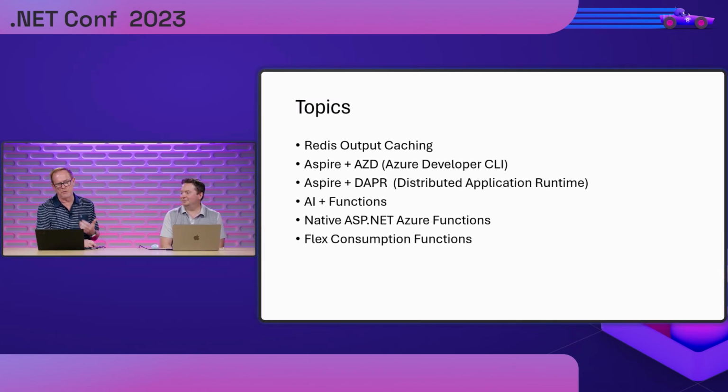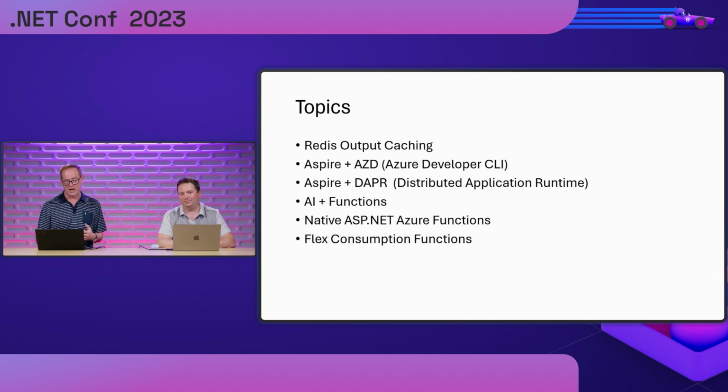Number one, we're going to talk about Redis. Since this is the Azure talk for .NET Conf, we're all Azure here, so we're going to talk about Redis Cache. There's some great capabilities we've added in .NET 8 for Redis Cache. I assume everybody's seen Aspire a couple times by now. We're going to show how you can actually take an Aspire app and publish it to Azure Container Apps using